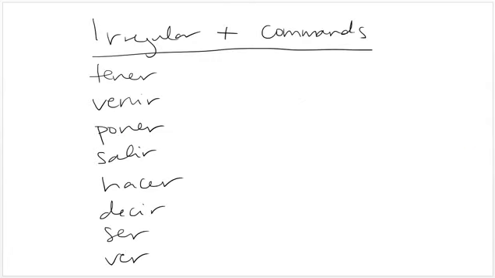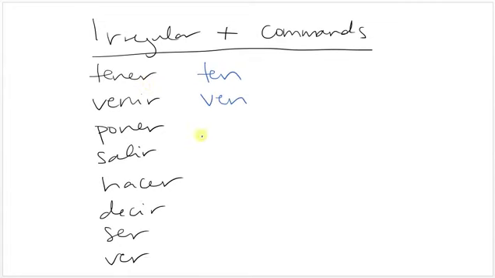Okay. We do have some irregulars, of course, because this is Spanish, and there are always a ton of irregulars. Most of them are kind of easy to remember. They're just kind of the beginning of the verb. Most of these are irregular because they are the most commonly used commands, and so over time they've just gotten kind of shortened. So for tener, the positive command is going to be ten,